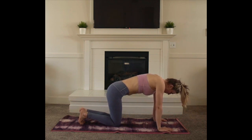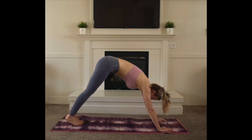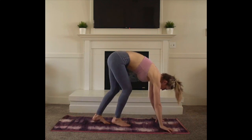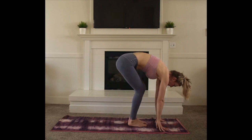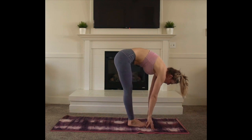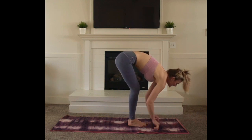Tucking under those toes, inhale, downward dog. We're gonna slowly bring our hands and feet together to the center of the mat. Inhale, halfway lift. Exhale,